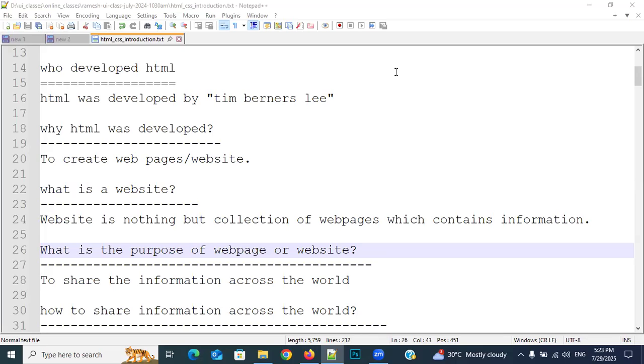Now tell me everybody, are web applications or mobile applications needed in the world or not? Kindly respond. Needed. So whoever requires web applications and mobile applications, they will approach the software companies. Whenever they approach the software companies, they will recruit new people also.